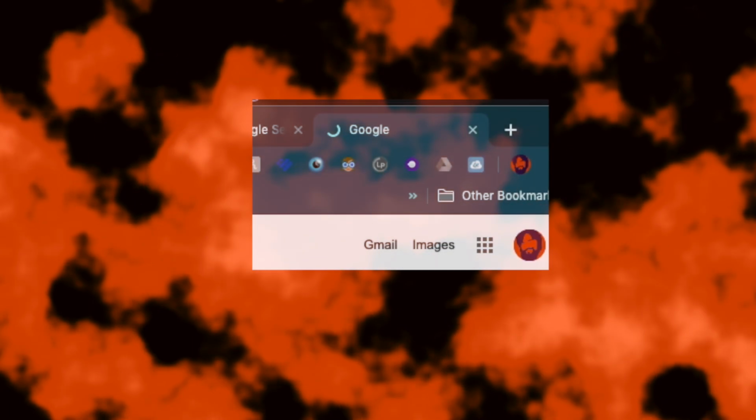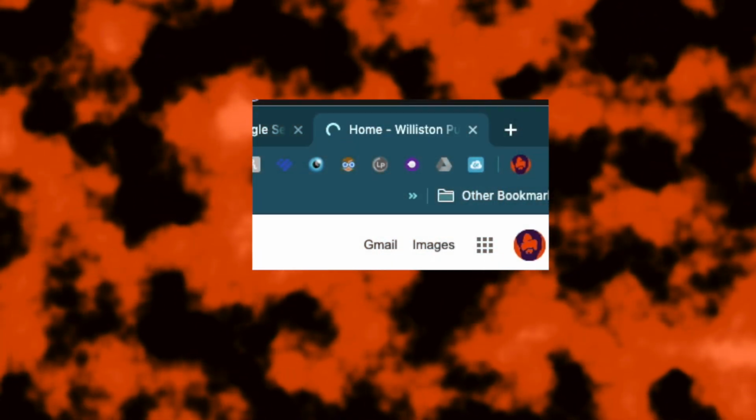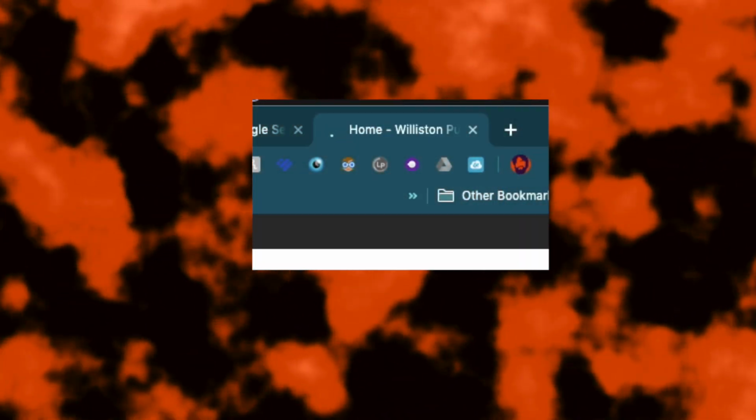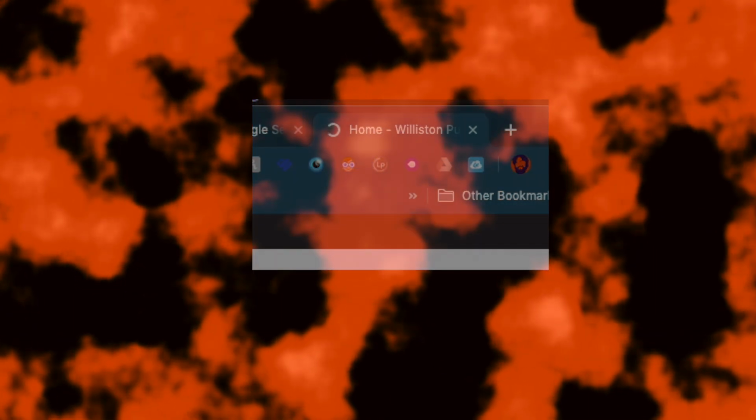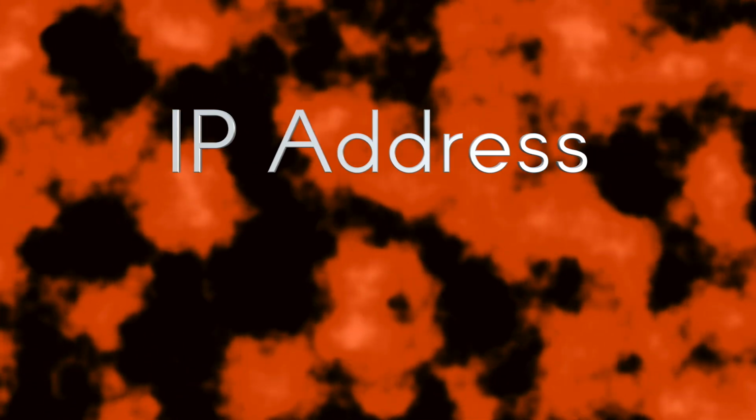You've typed in your URL or you've clicked a link, and now your browser's little wheels are spinning. What's going on in there? Actually, a lot. In the previous section, we looked at what a URL or web address actually is and what each part means. But what if I told you that internet equipment can't actually make sense of that in its current form? Well, part of it can, but most of the internet works using something called IP addresses, which stands